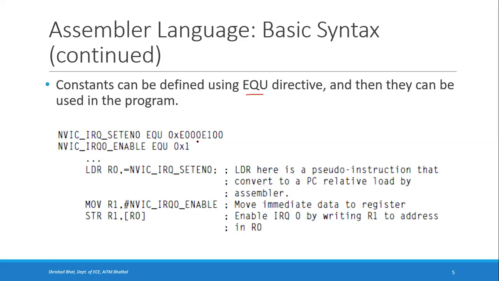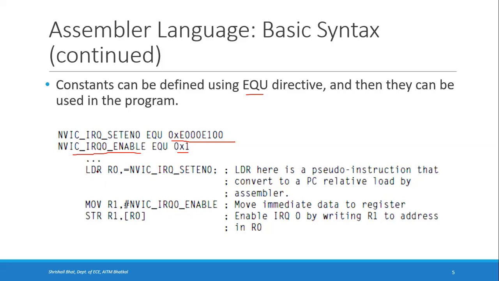This is the definition. This value will be loaded into this variable. Rather, you call this a constant. It will be constant throughout the execution of the program with this value. So instead of using this number, you can use this name in the programs. Similarly, this value can be defined as hexadecimal 1. The interrupt request enable bit is defined as 1. Instead of writing 1, we can use the name of that particular variable in the programs.